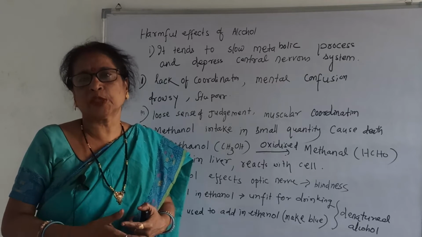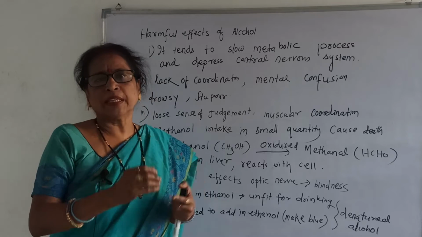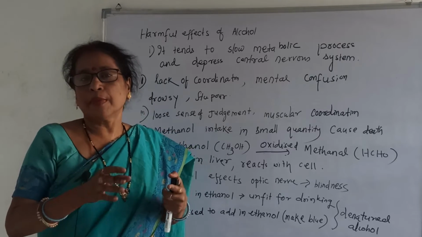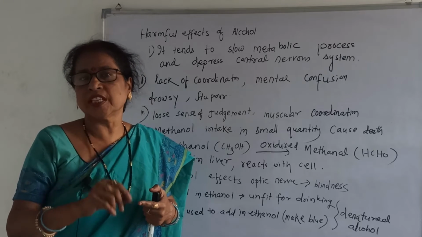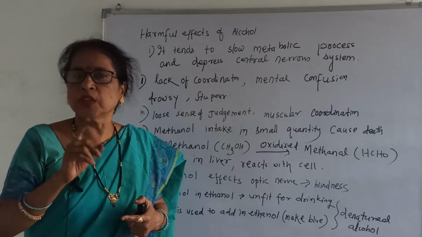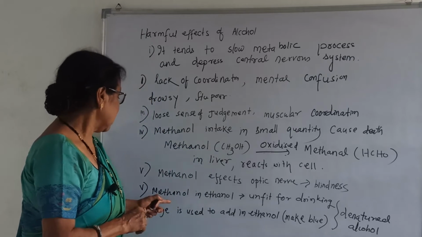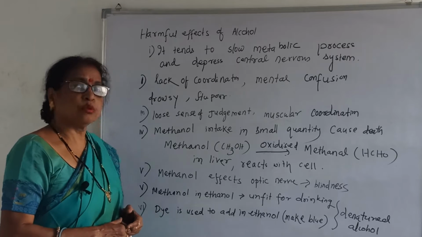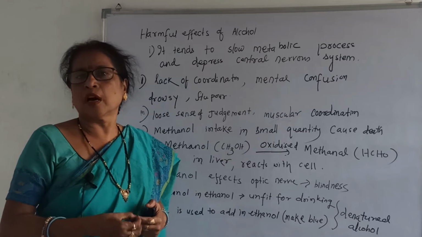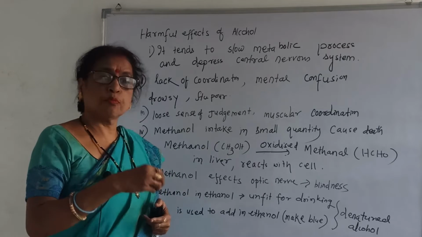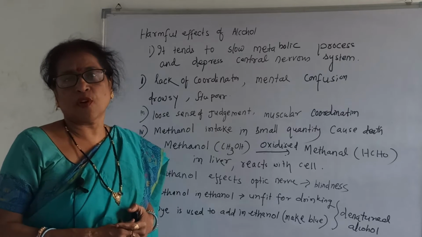But as a chemistry student, one should know that poison alcohol means methanol in ethanol. But remember, methanol in ethanol is never used for medicine purposes. Only pure ethanol is used for medicine purposes. Then methanol or dye is also used. Suppose methanol is not available, blue color dye is also added to our ethanol to make it unfit for drinking